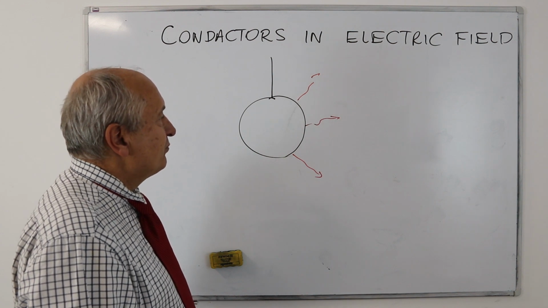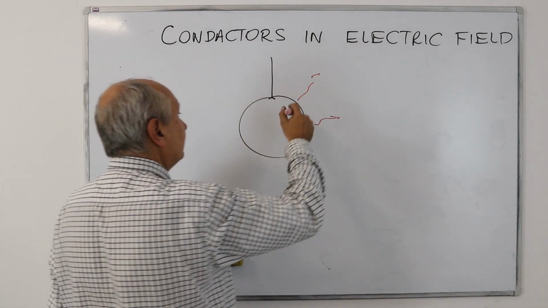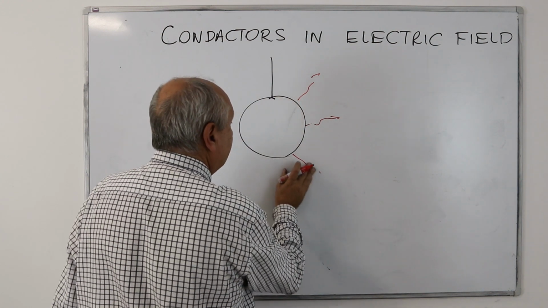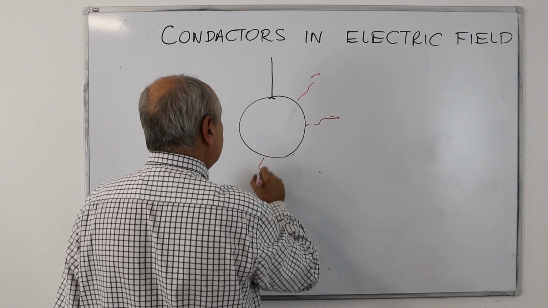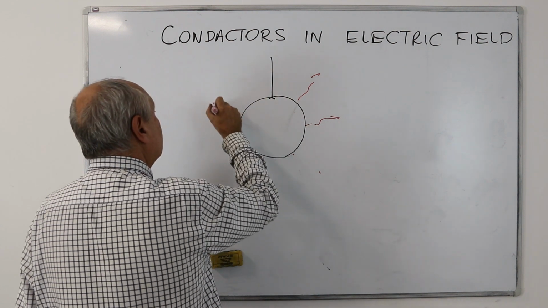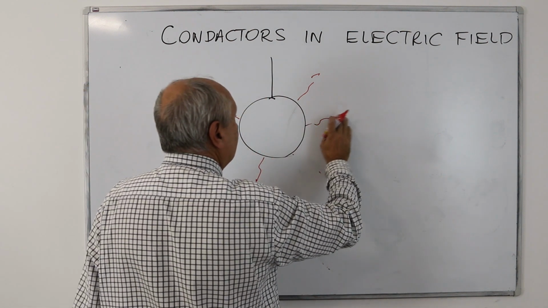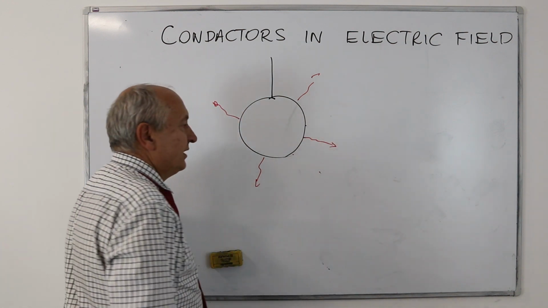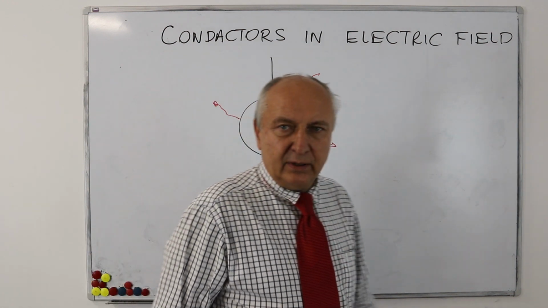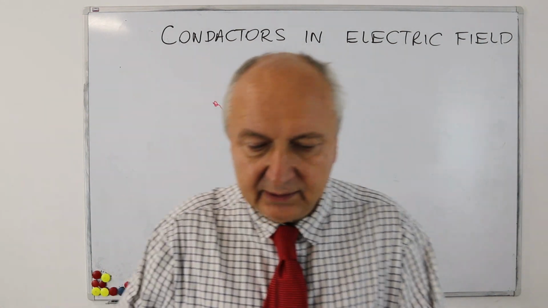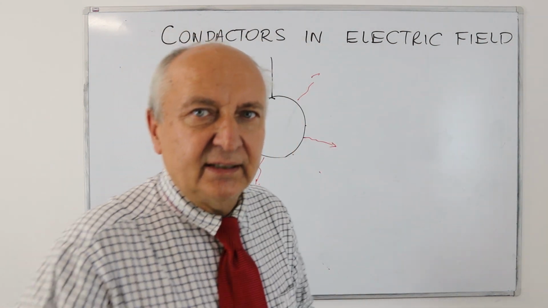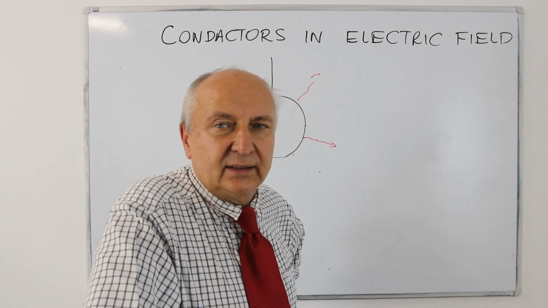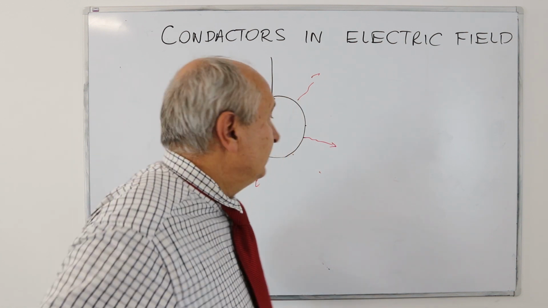And he cleaned the ball, he polished it, and he noticed that the velocity of the charges going out became much smaller. Why? At this time he was not able to explain this result, this phenomenon. Today we know that